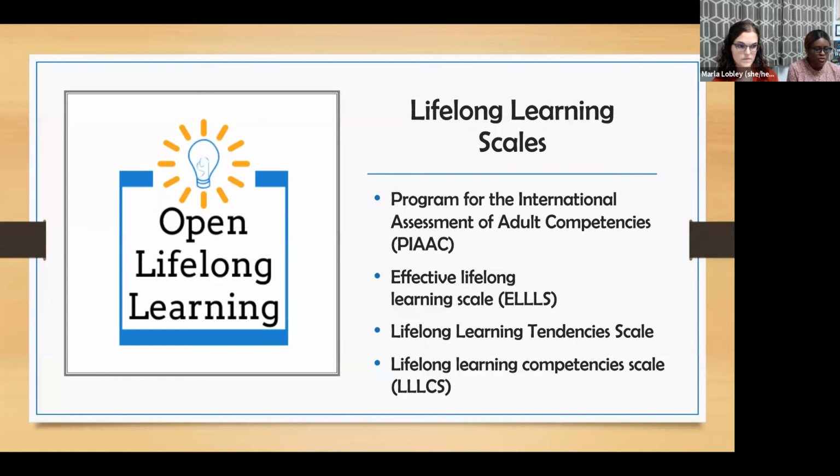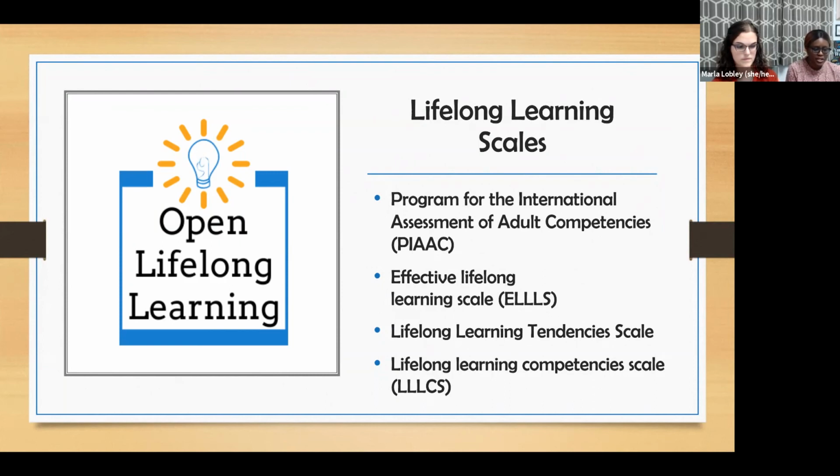This is just accumulation of the generic lifelong learning traits that we're familiar with. So much of what I had stated earlier on in the lifelong learning competencies list is on this scale, and it is widely used and very common for researchers that are trying to research elements of lifelong learning to use this to measure how much an individual has gained competence-wise.